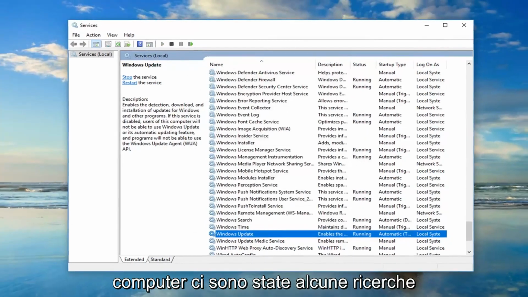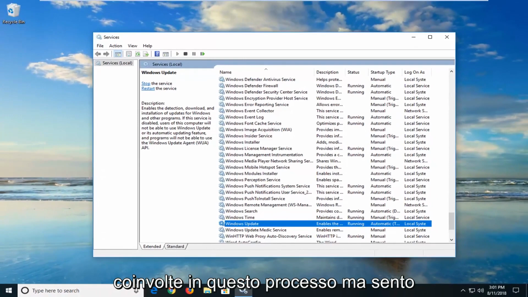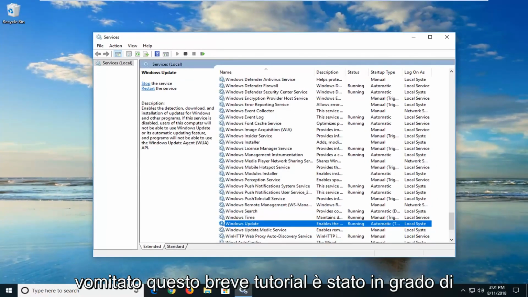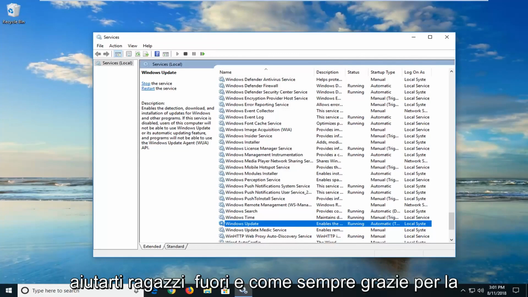Again, restart your computer. There's been a few restarts involved in this process, but I feel like that's not too much to ask for. So I do hope this brief tutorial was able to help you guys out,